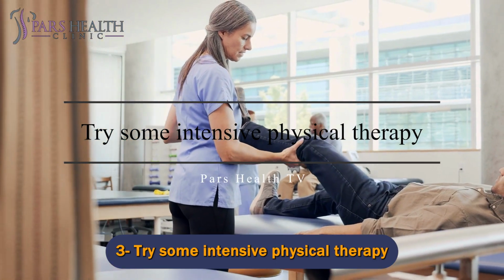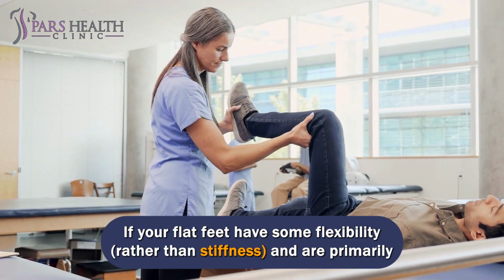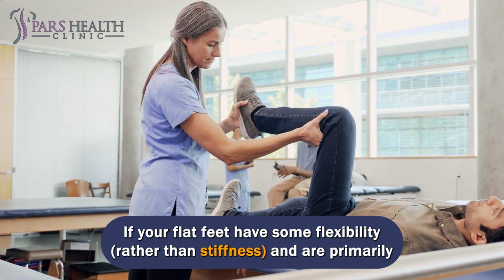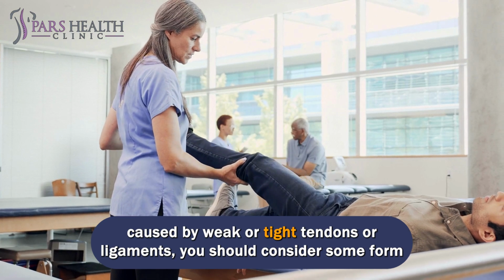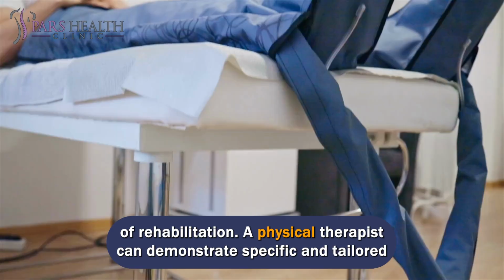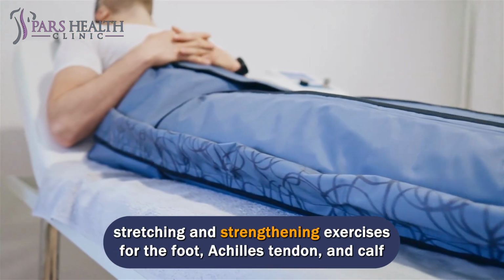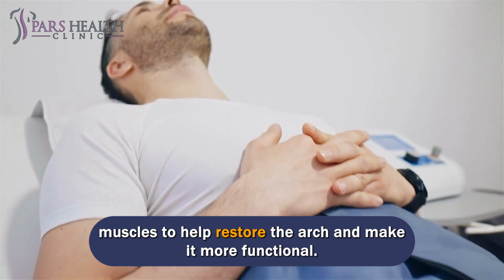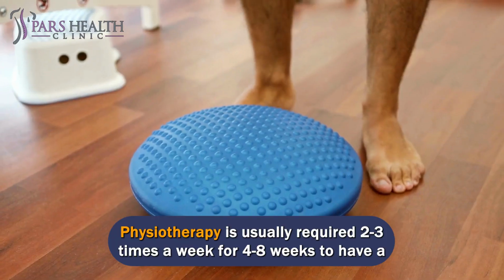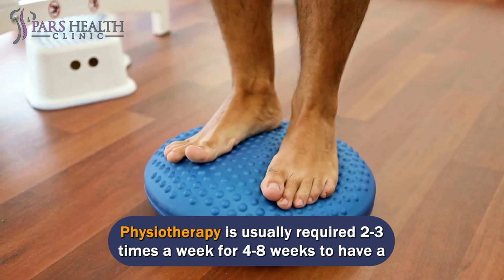Number 3. Try some intensive physical therapy. If your flat feet have some flexibility, rather than stiffness, and are primarily caused by weak or tight tendons or ligaments, you should consider some form of rehabilitation. A physical therapist can demonstrate specific and tailored stretching and strengthening exercises for the foot, Achilles tendon, and calf muscles to help restore the arch and make it more functional. Physiotherapy is usually required 2 to 3 times a week for 4 to 8 weeks to have a positive effect